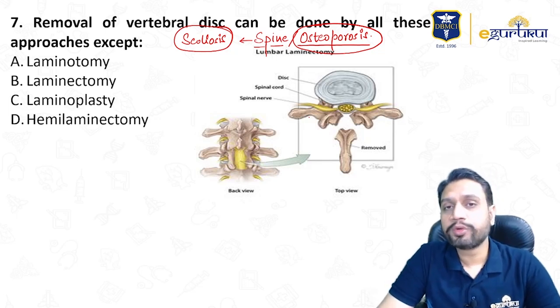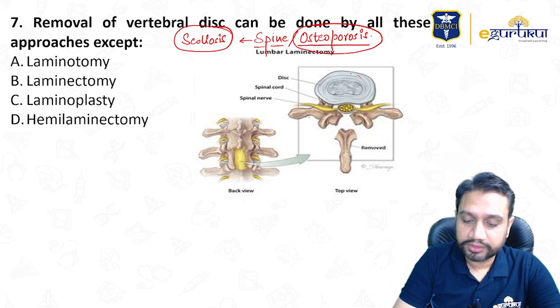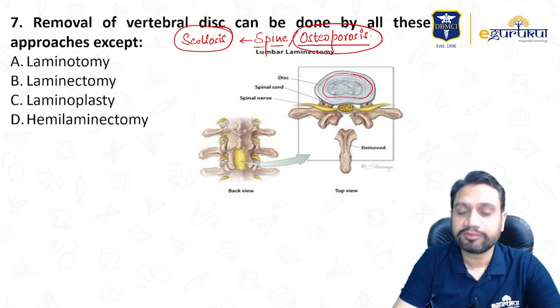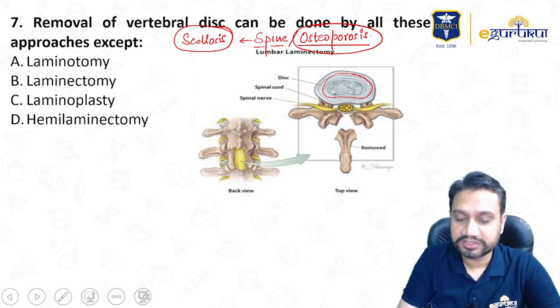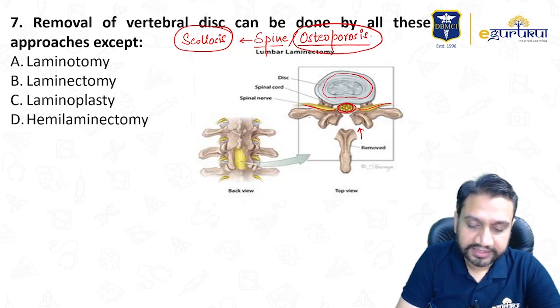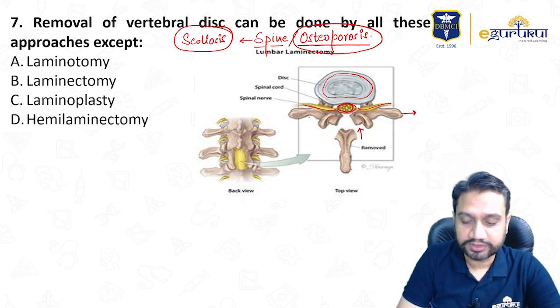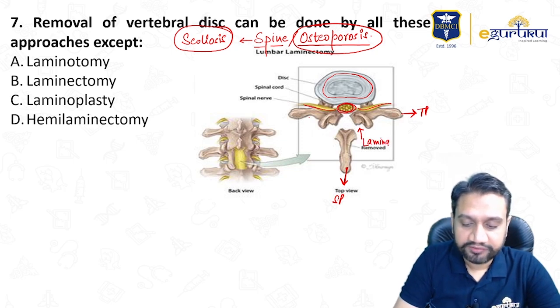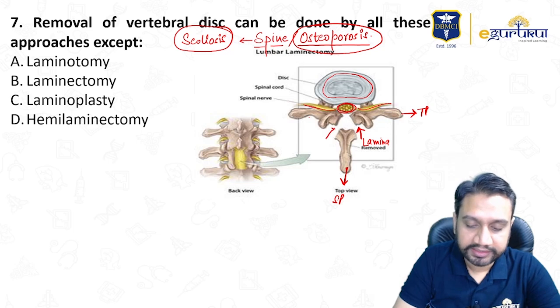Now I want to highlight two important points here. This is your vertebral body, the disc basically. We have removed the vertebral body. The lower one is visible. So this is the spinal cord area and these are the nerves which are getting out. This area is what you call the lamina, the spinous process, the transverse process. So, spinous process, transverse process, the lamina. What we have done is make a cut here in the lamina.